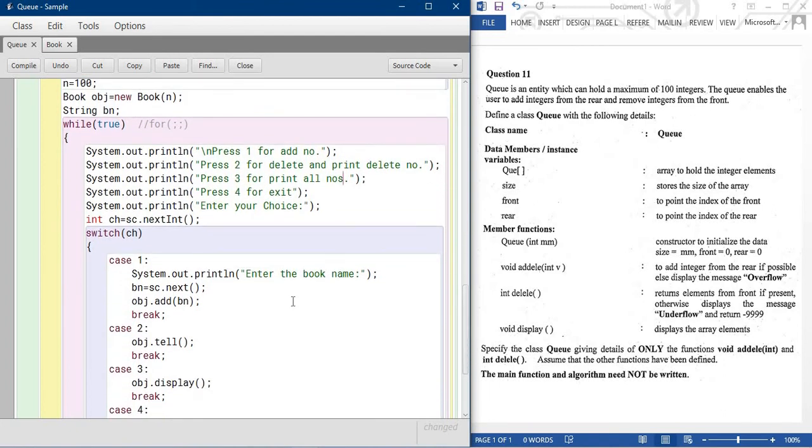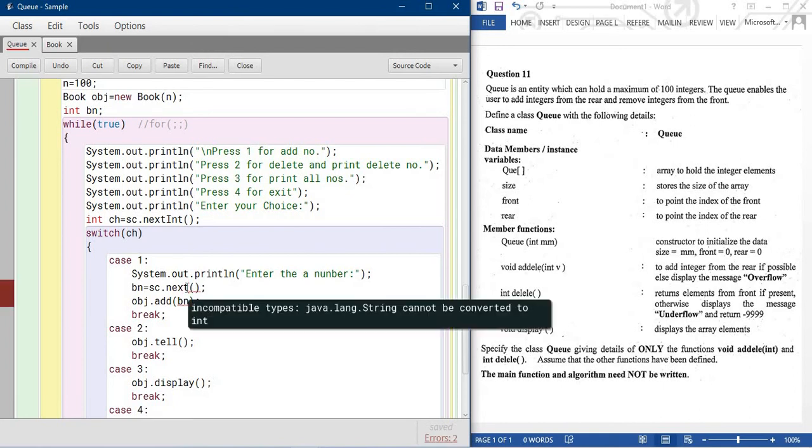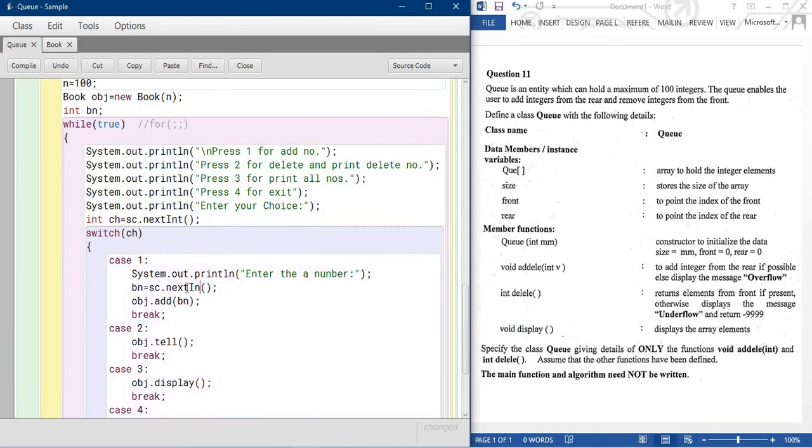Same way, first I'm taking the enter number. Here I'm using the variable bn, which is a string type, so here I'm using the int because bn we need as int.